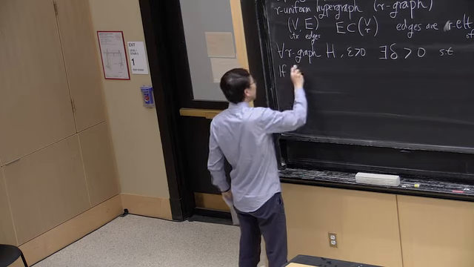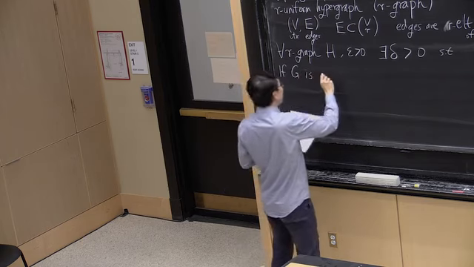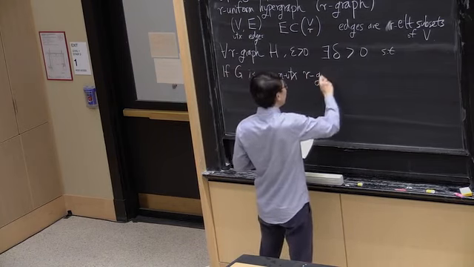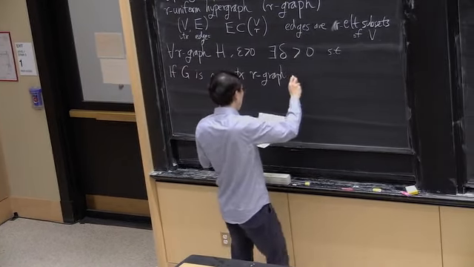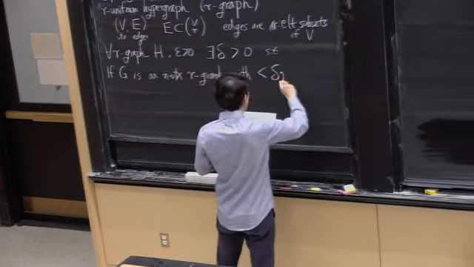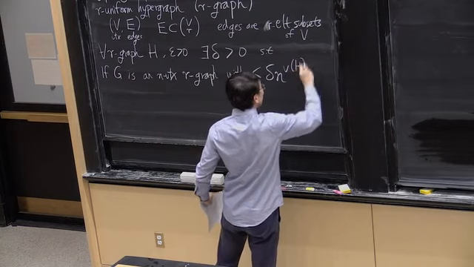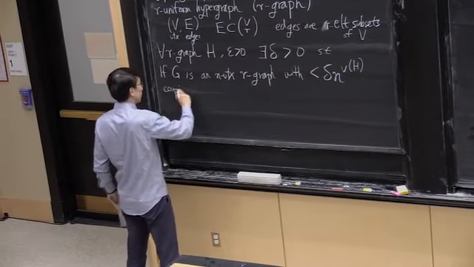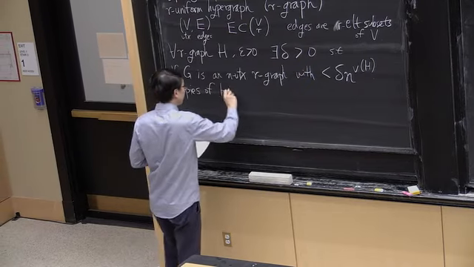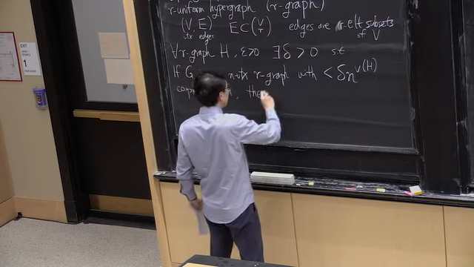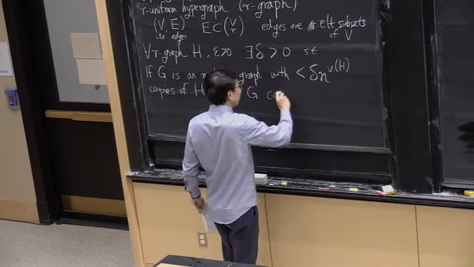So if G is an n vertex r-graph with a small number of copies of H, so H has subgraphs, then G can be made